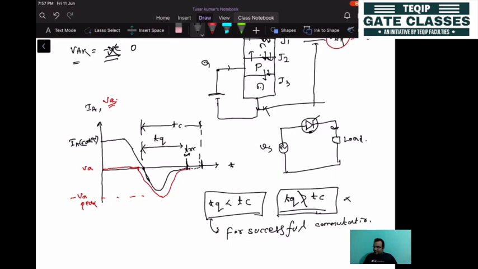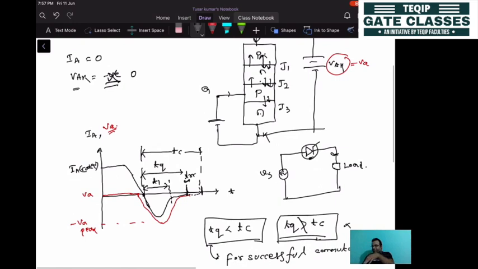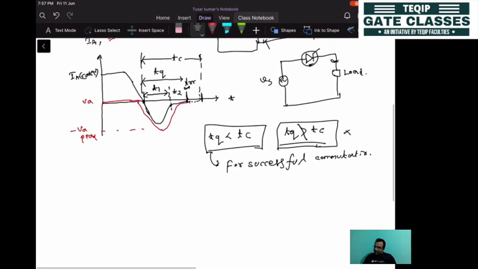This total device turn off time will be divided into two segments. For this period, let's say this is T1, the charge carriers will be transferred from the semiconductor layers. The second time, let's say another time we define, is T2, which is almost 25% of the total negative current to the zero value. During this time T2, the charge carriers will be removed from the junctions. So we can define two times.